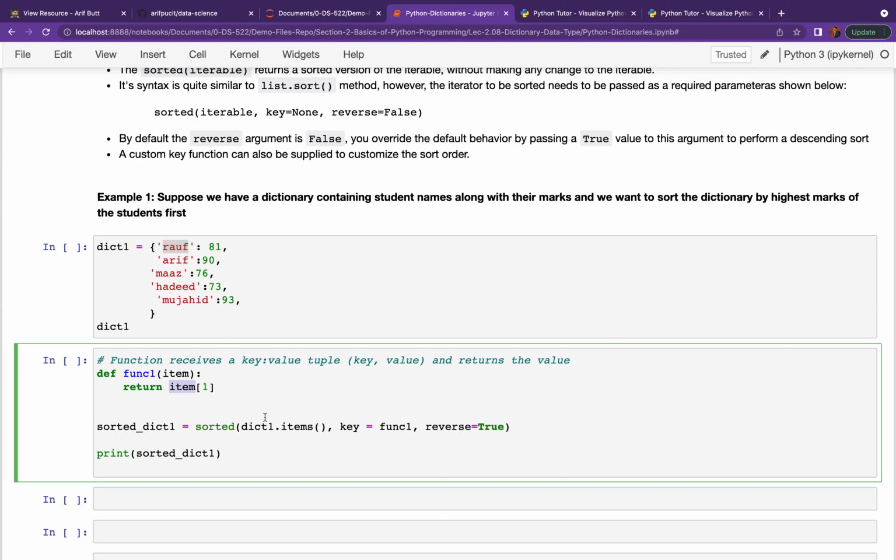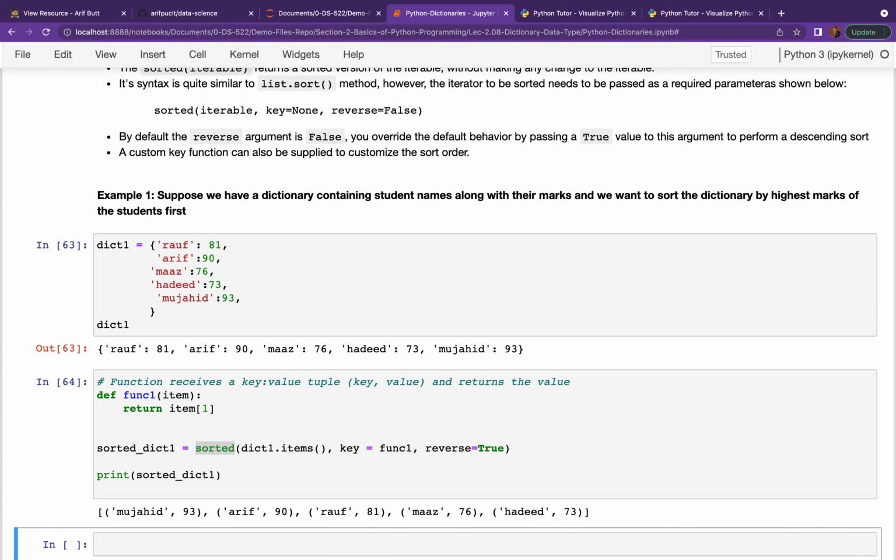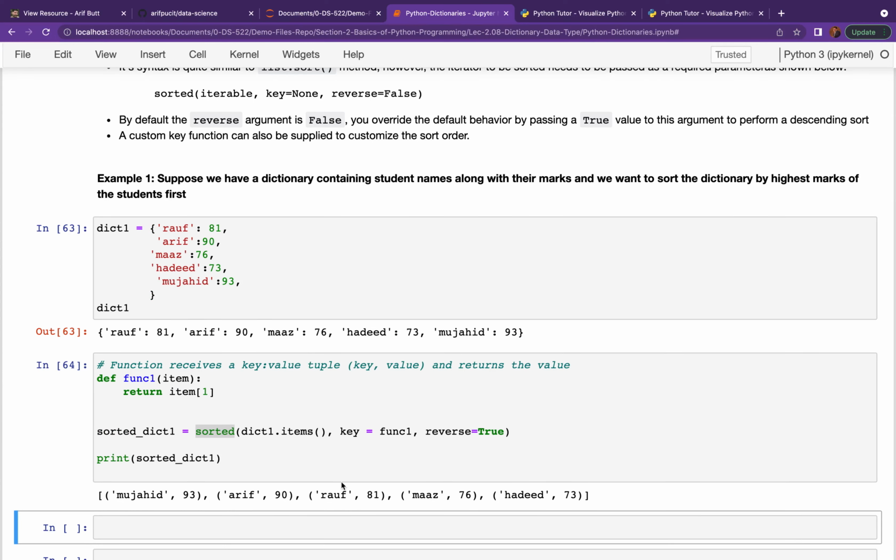So for all the dictionary items we will get the values, and we get a shadow list. The shadow list contains only the values of this dictionary, and on the values of this dictionary this sorted method will sort and finally will display you the entire dictionary, which will be sorted by values. I hope this makes sense. If it doesn't, I request please watch the sorted method which I have taught in the tuple session as well.